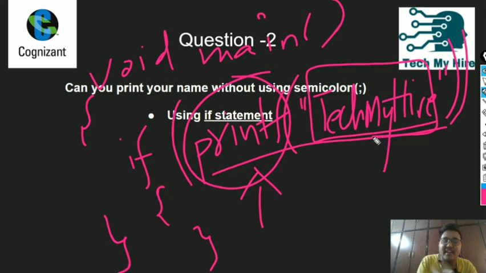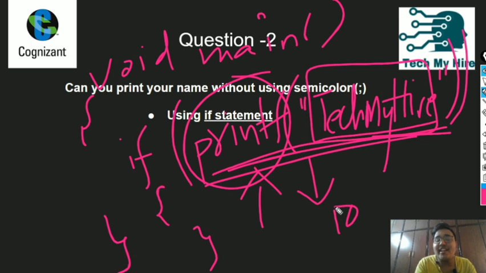The reaction is nothing but the return value. The return value is the number of characters it printed. The number of characters it printed is 10, so the return value of this printf is 10. And the action that is performed is that whatever we have written in the printf will be printed on the console. Okay, so this entire thing is returning 10. Yes, 10 is not equal to 0, and it is true.